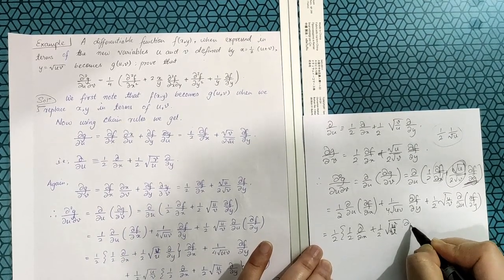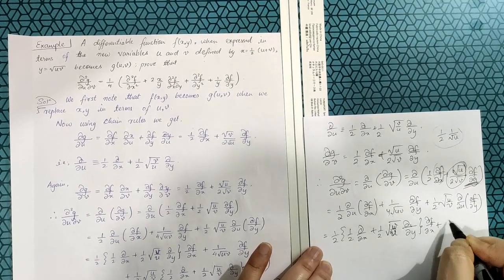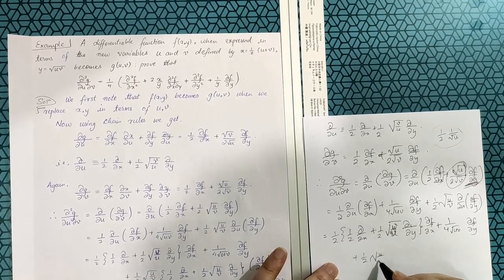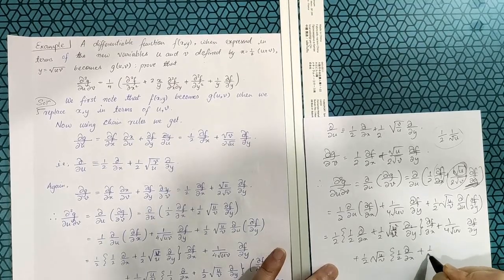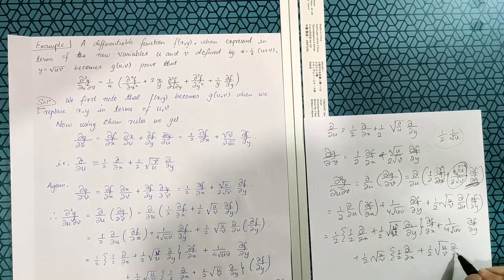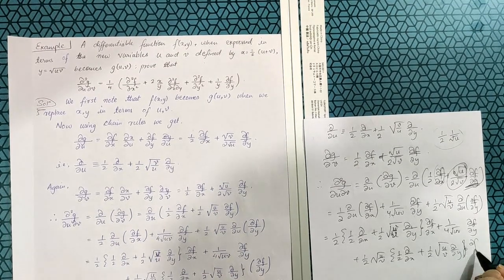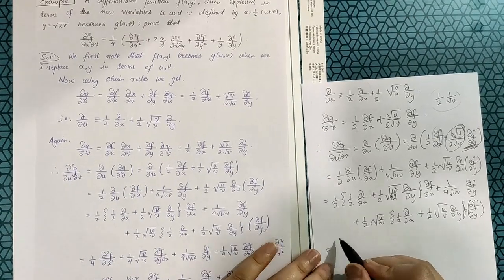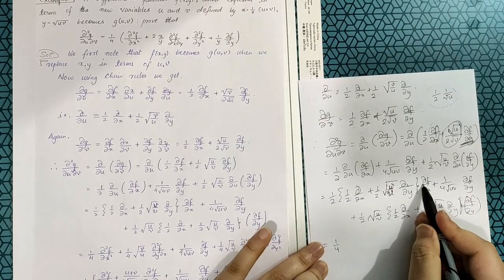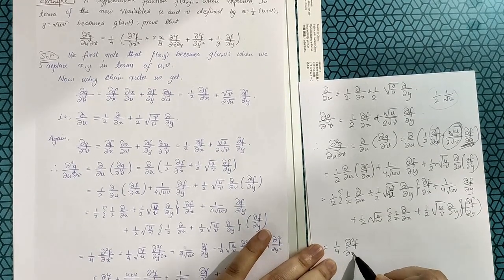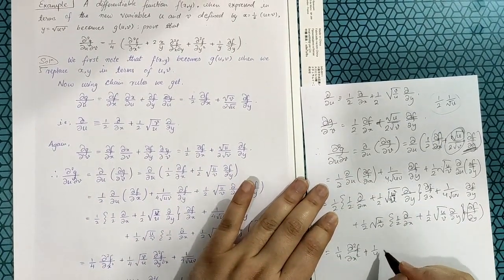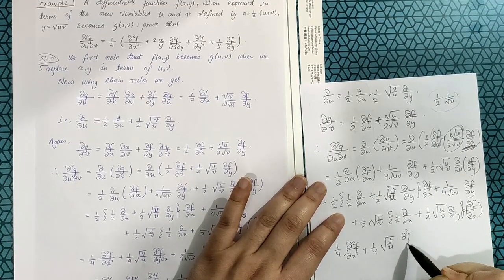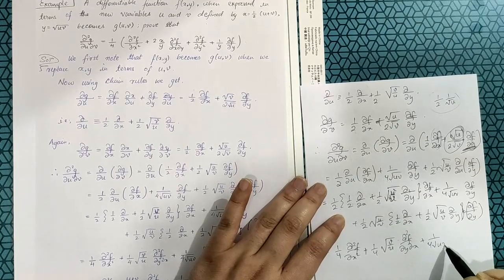1 by 2 del x of del f by del x plus 1 by 2 root over v by u del y of del f by del x plus 1 by 4 root over uv del f by del y, and the later one, which is 1 by 2 root over u by v, we get del x of half root over u by v del f by del y, and hence what we get is, by simplification, this half and this half will be 1 by 4 del x, and del f by del x will give del 2f del x square, plus again we'll get half into half is 1 by 4 root over v by u, and then this and this will give del 2f del y del x plus 1 by 4 root over uv del f by del y,